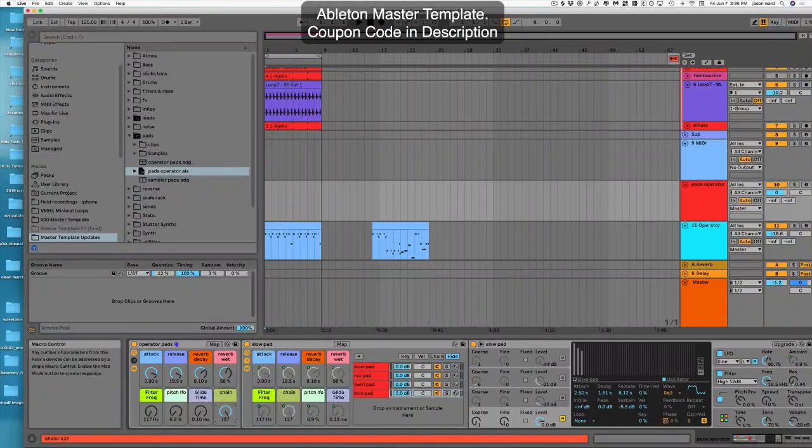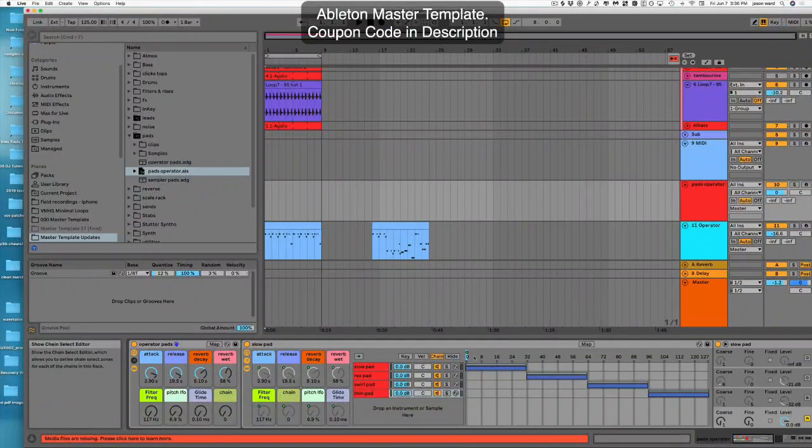So here's our chain. If you notice over here, this chain selects the different sounds. So I created 4 different pad sounds with the operator that I think you'll find pretty cool. So let's go ahead and play around with that here. What I need to do is just arm this track, and